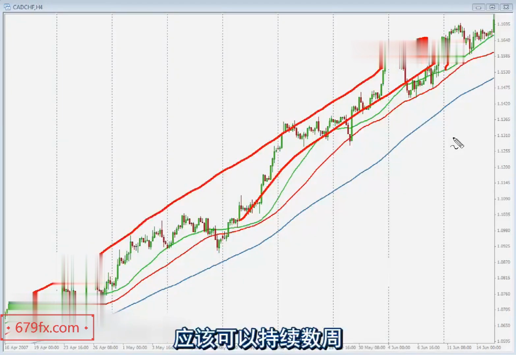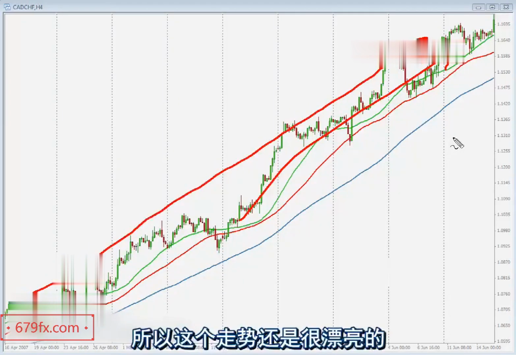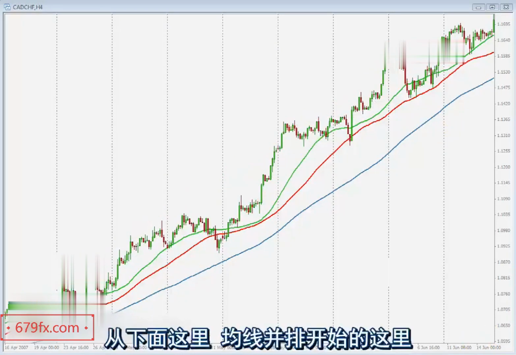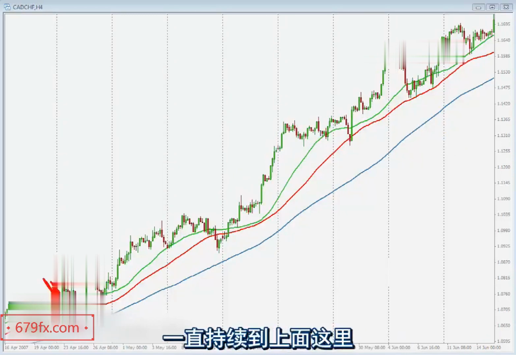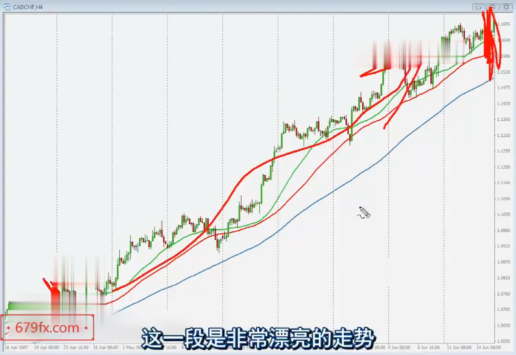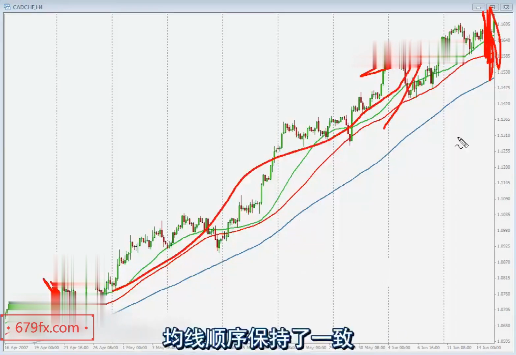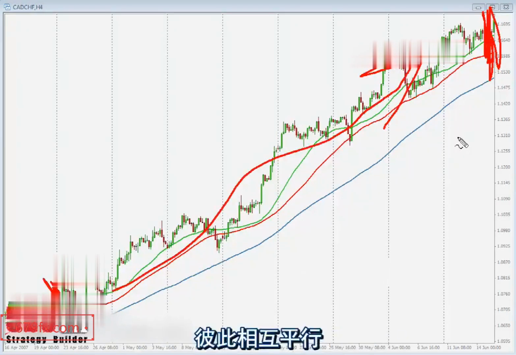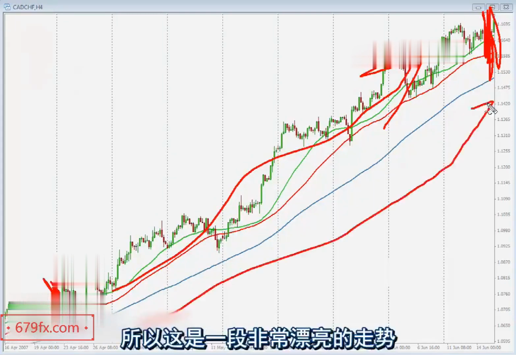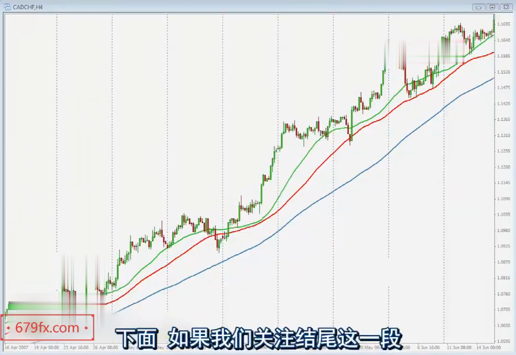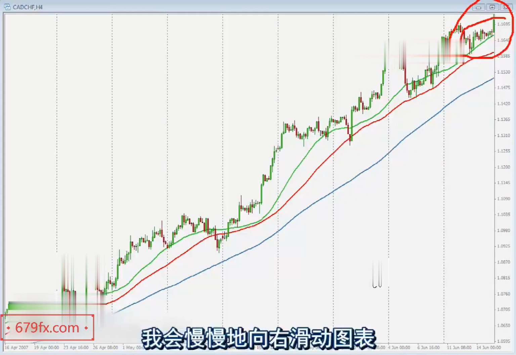So it's certainly been quite a beautiful run up, all the way from here, where the moving averages fell in line, all the way up to here. As per the moving averages, they've remained in order, parallel to each other, pointing the same direction, etc. So it's been quite a long, beautiful, nice run up. Now, if we focus on the right end of the chart, I'm going to be scrolling very slowly,